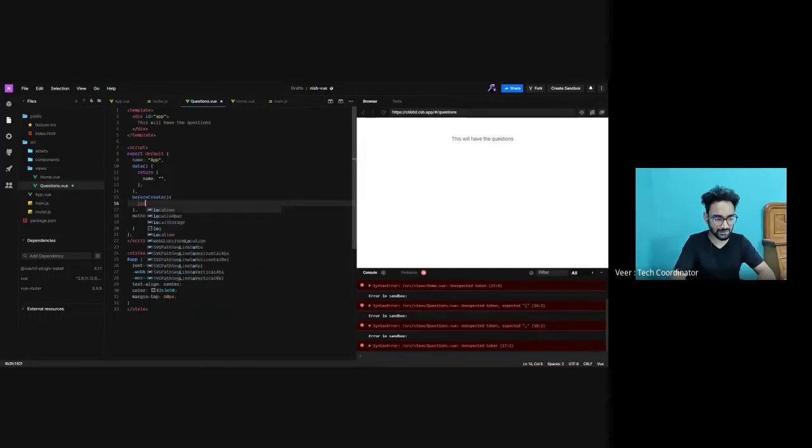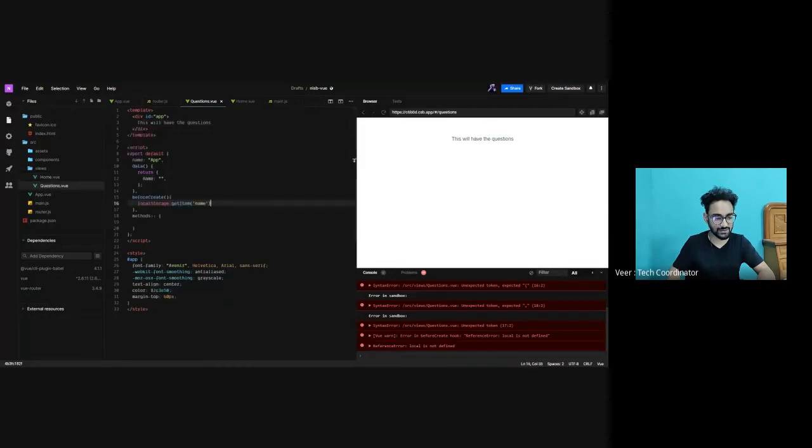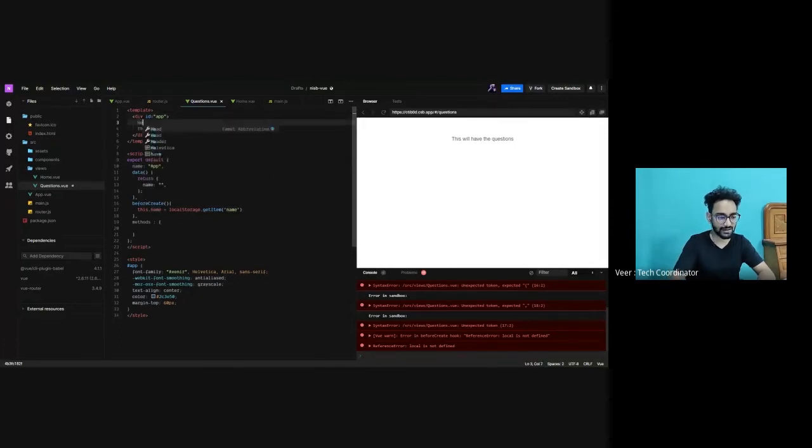So the way we do it is localStorage.getItem. We use setItem there. Here we use getItem, which is the same name that we used in this. So we did localStorage.setItem name. Similarly, we'll do localStorage.getItem name, and we can store this in a variable. So the same name variable we'll use here, and we'll store whatever is present in the local storage here. So I'll just say hello name,